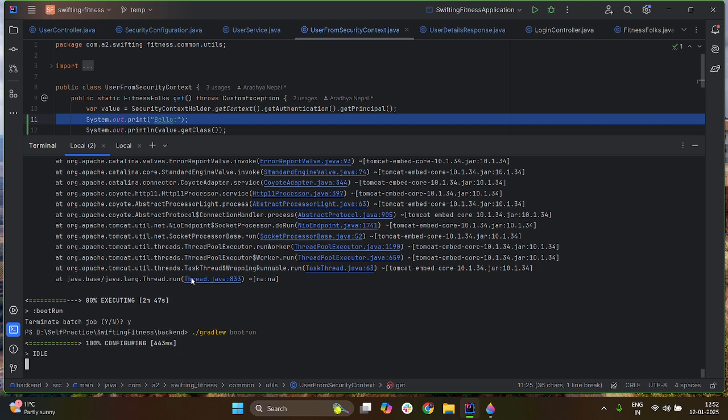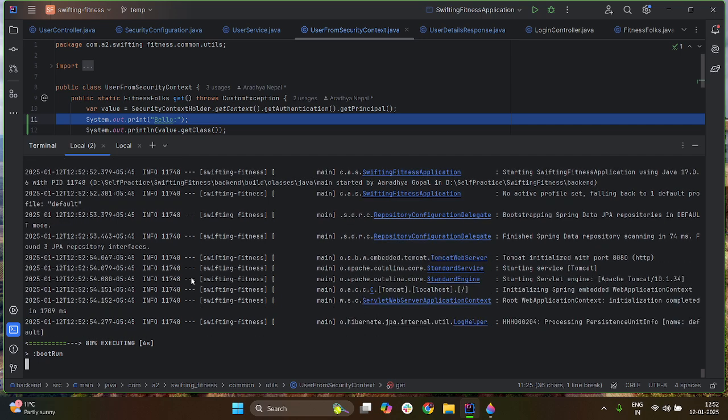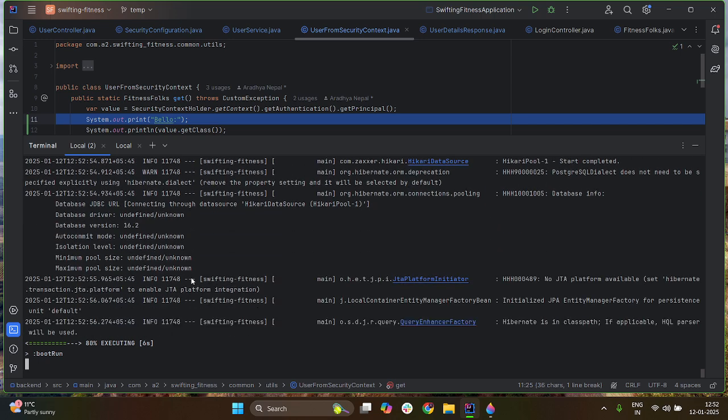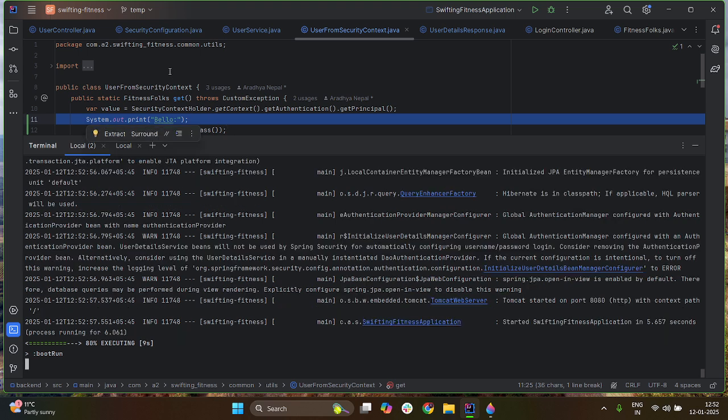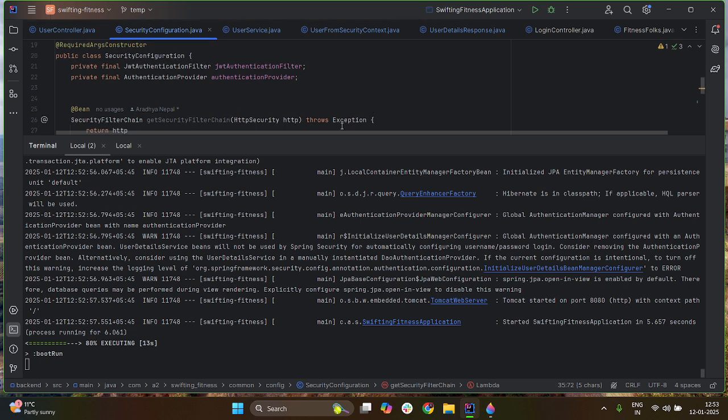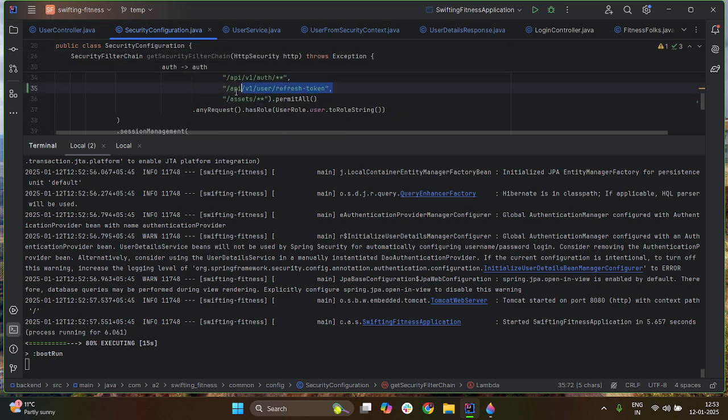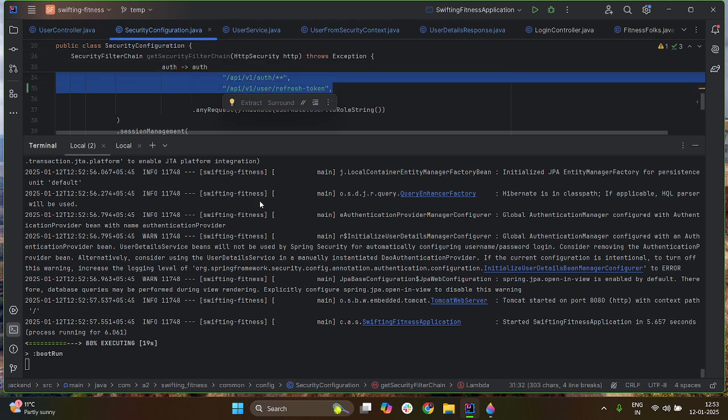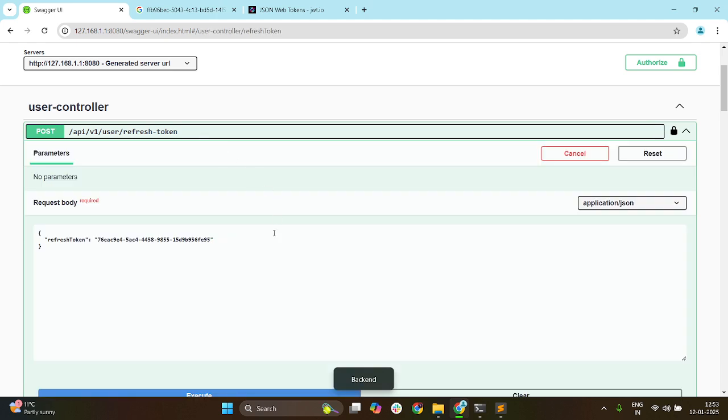So refresh token is a token whose API must be able to be hit even when the access token is already expired. For that we need to make the refresh token API open in the security configuration. I made the refresh token API open in this security configuration, but the problem I am facing again is that